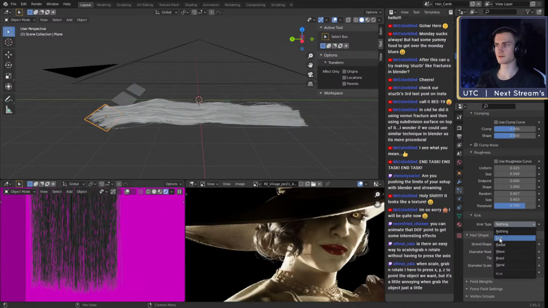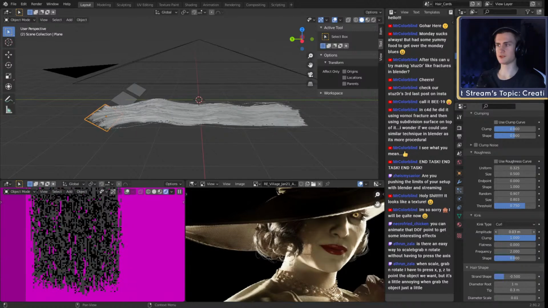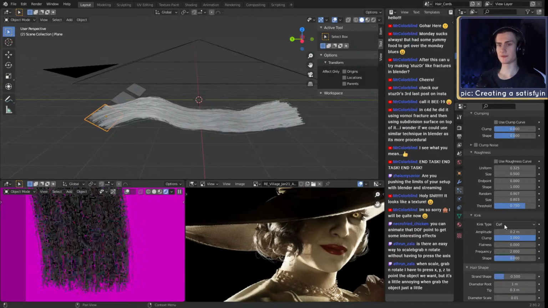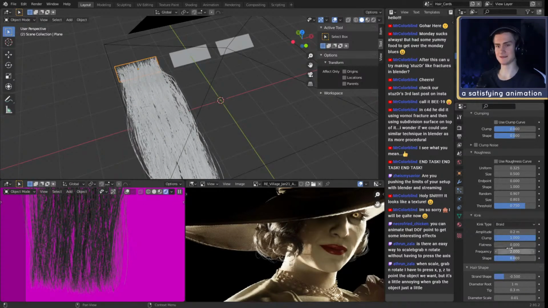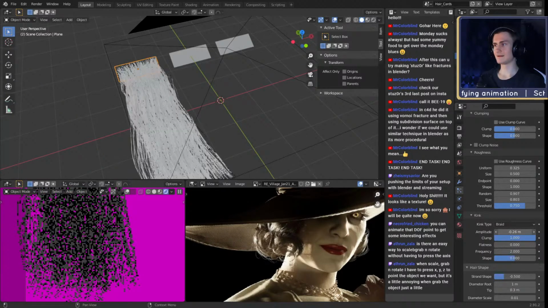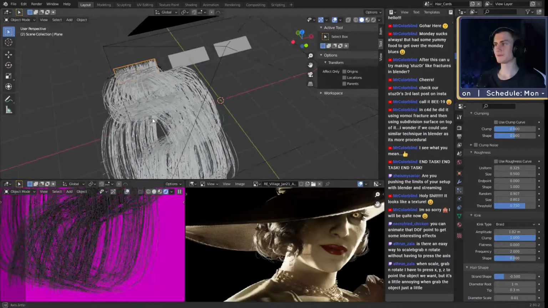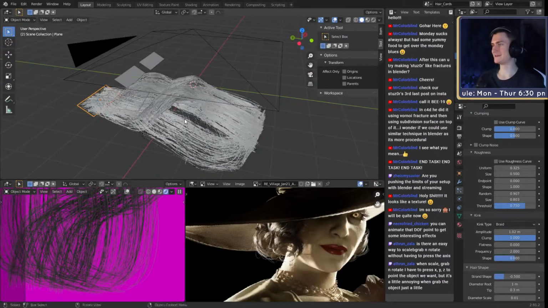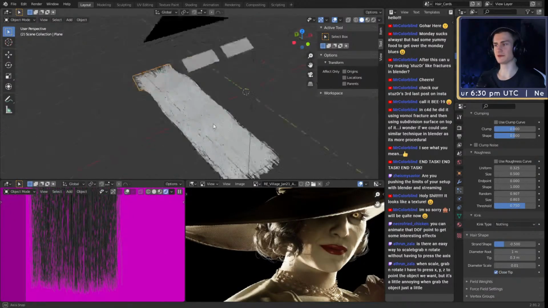Stuff like curl, for example, gives you this wave. You can change the amplitude to get some bigger curls. Braid looks kind of weird, but actually, you can even see it. There it is. It forms these braids. We don't need the kink though, so we bring it back to nothing.